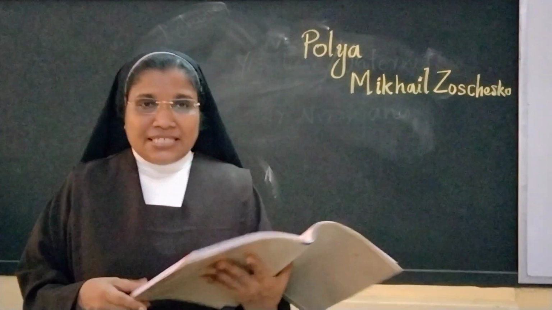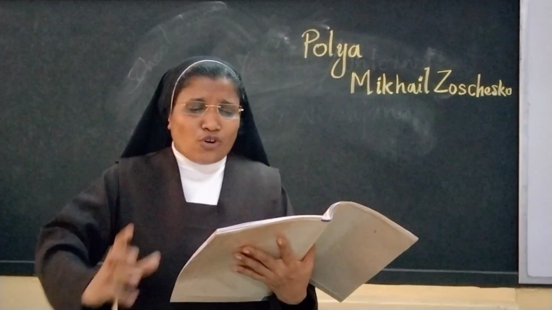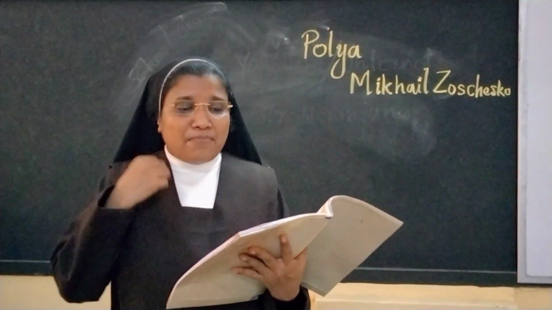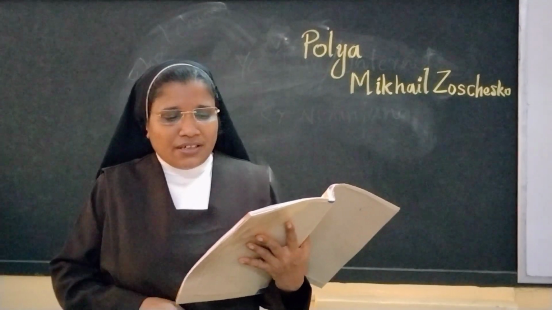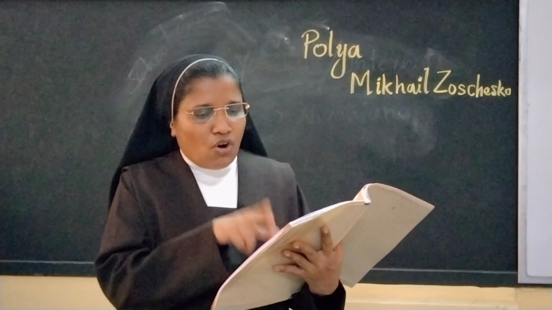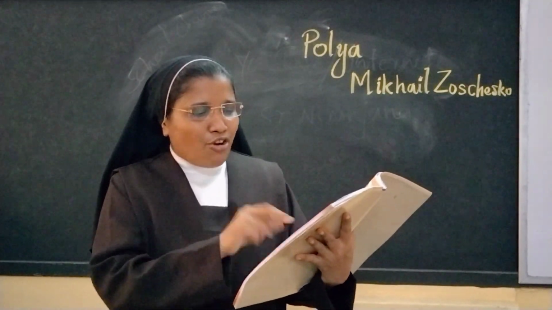Coming to page number 101, here are some details about two great personalities. Write a few sentences about them using not only but also. Here first we can find out which are the same things mentioned here. Lawyer, it is not with Dr. S. Radhakrishnan. Then politician, it is not there. Help to the poor, not there. Kind to animals, not there.